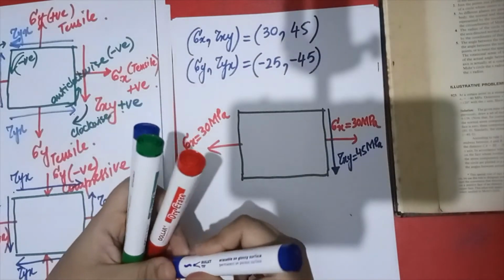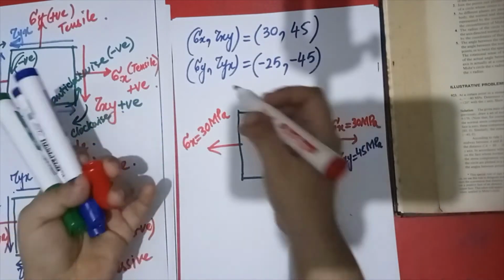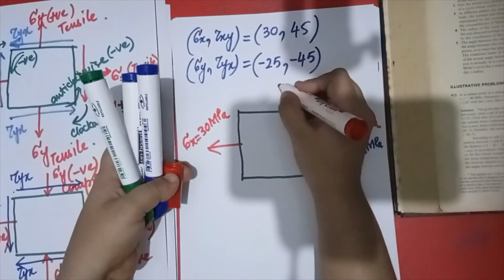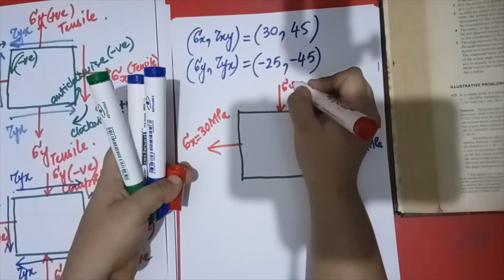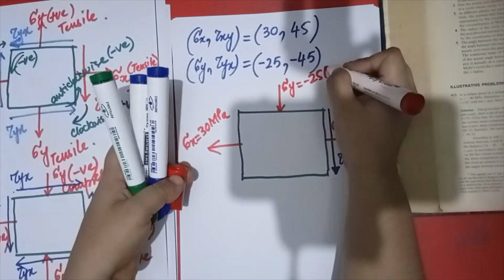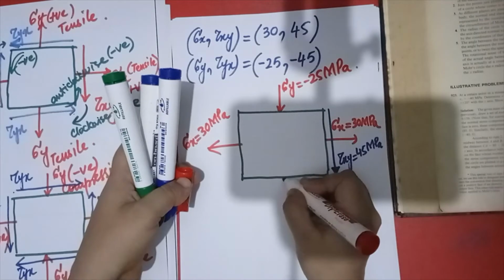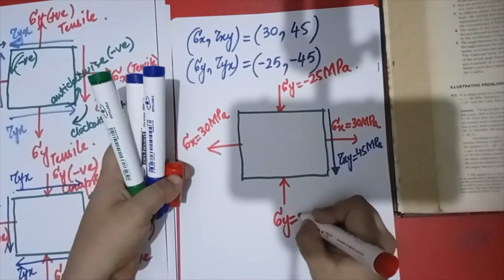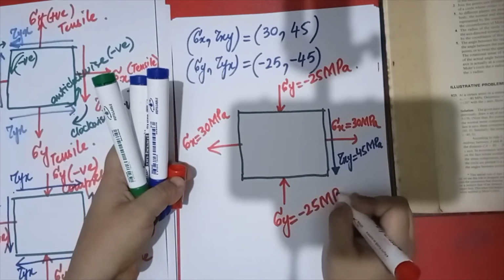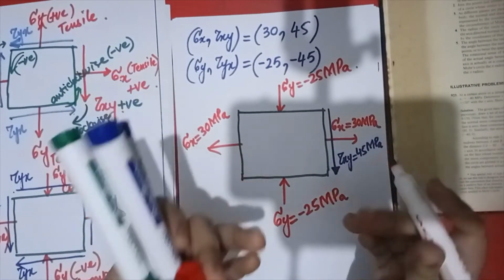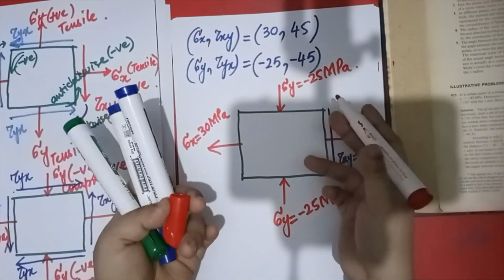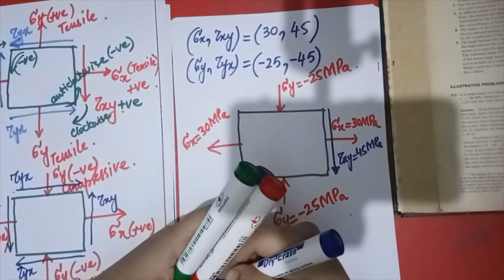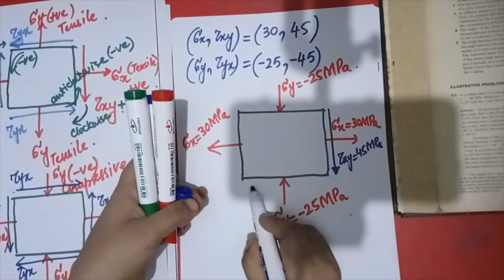Now, one more thing I have to do here is sigma y. Sigma y is minus 25, so it should be inward because it is compressive. And sigma y is equal to minus 25 MPa. Please don't write plus minus, because the direction is inward, so it should be compressive and it should be negative. Now for shear stresses, what we have to do,